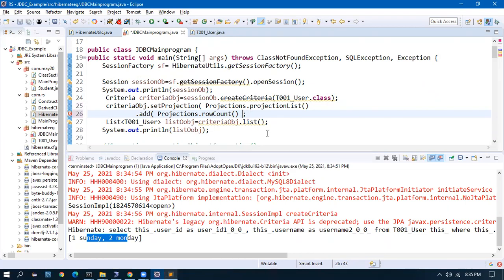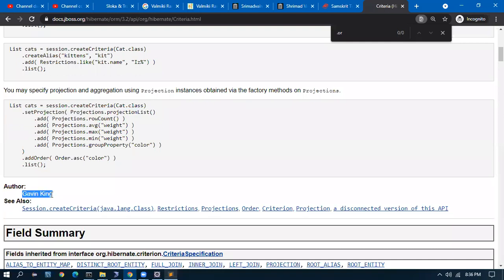So just one additional piece of information. If you see here, there is a name, Gavin. One second, what is wrong here? I should add one more brace here. Yeah. Okay, there is a name here, Gavin King. He was the one, and I think Rod, one more person is there. I missed the name. They wrote a book which is a very good book. I've read it. It is Spring. They wrote a Hibernate book and also a Spring book and an integration book, which is very nice. I don't remember the name, but you can search for this author, Gavin King, and Rod Thompson or Johnson. I don't know.